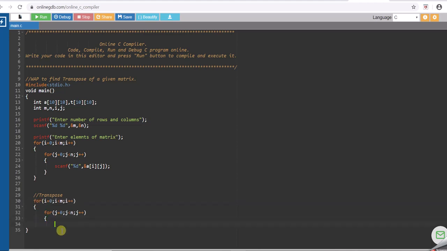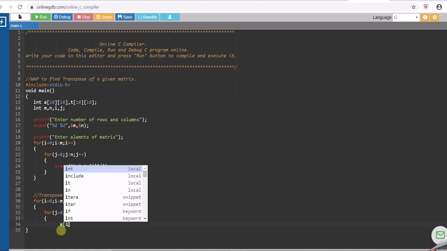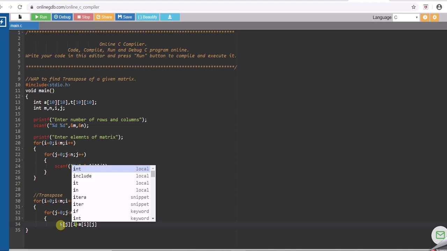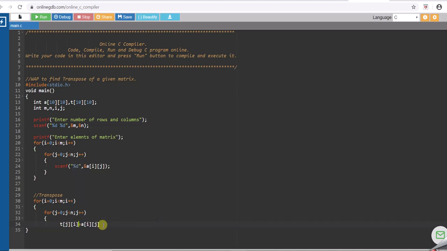Now, how do I take the transpose of a matrix? So if I'm accessing this value A of ij, ये A of ij का जो value है is being placed at the location T of ji. So T is my transpose matrix जहाँ पे मैं transpose करके डालने वाली हूँ. So whatever value at location ij, A of ij I'm accessing, I'm putting it at location index T of ji.